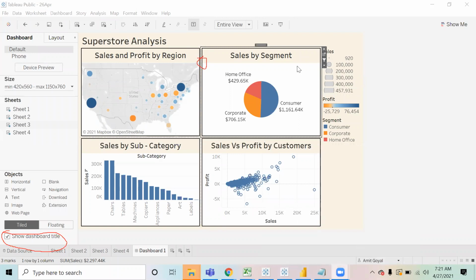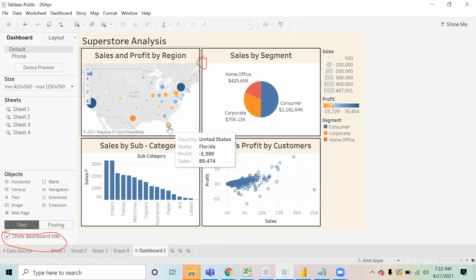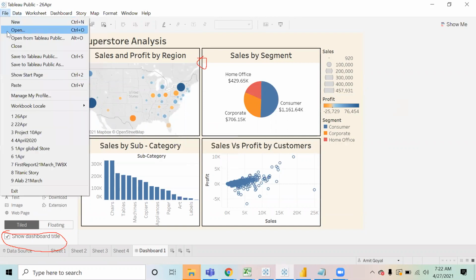Okay, right. So this is the first dashboard that you all have created. Now what we're going to do is we will just save this and we will move on to the next part of Tableau. I'll be coming back to the action filter in a lot more detail, but right now I would like to keep it up till here. Okay, so let's save this file. You can save this and open a new file.